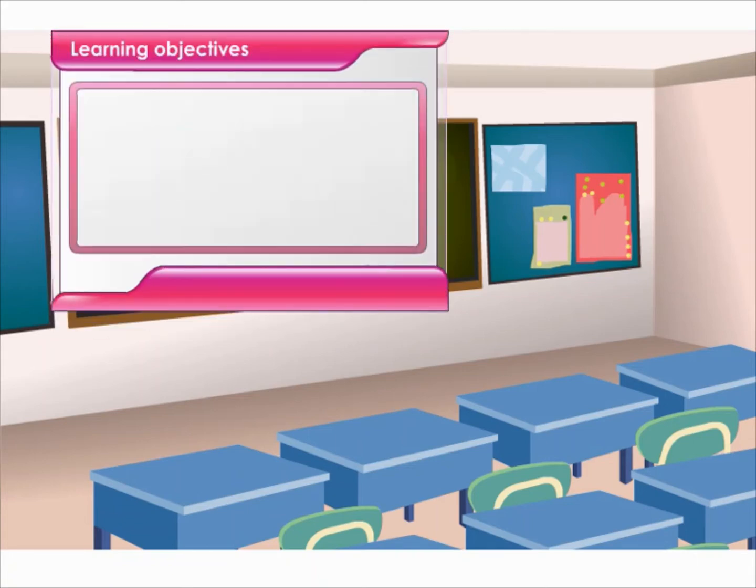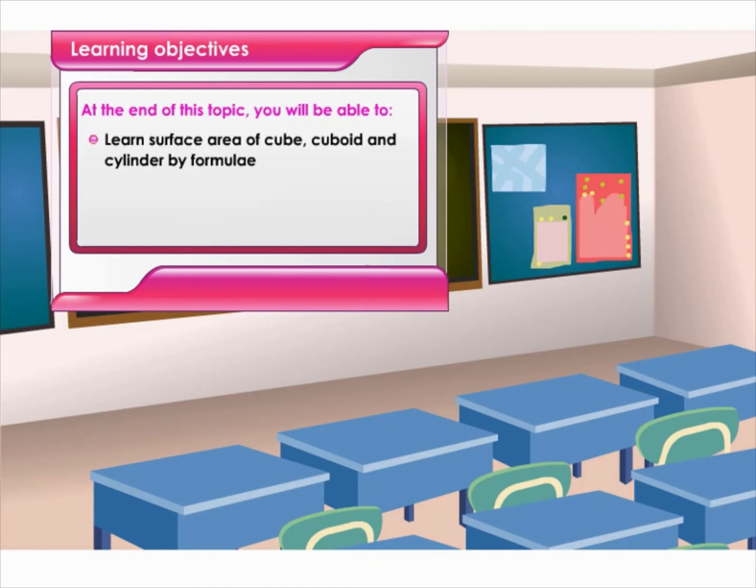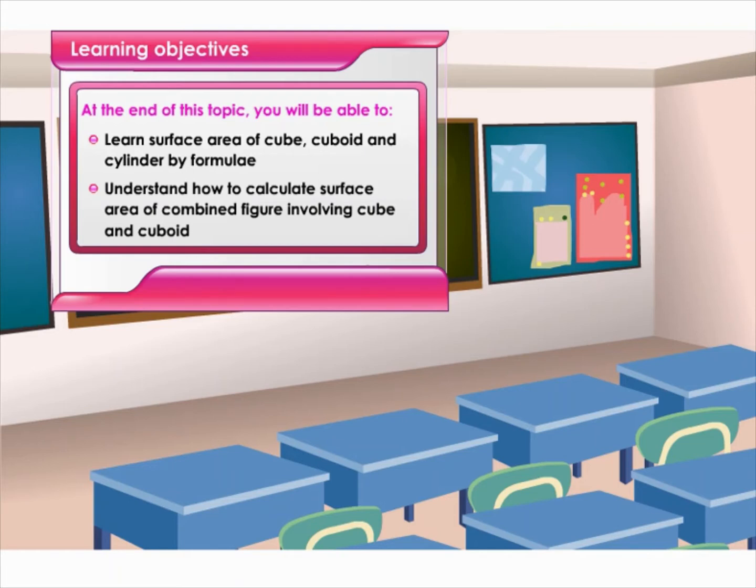Learning objectives. At the end of this topic, you will be able to learn the surface area of a cube, cuboid and cylinder by formulae, and understand how to calculate the surface area of a combined figure involving cube and cuboid. Cube, cuboid and cylinder. In this topic, we are going to learn the surface area of a cube, a cuboid